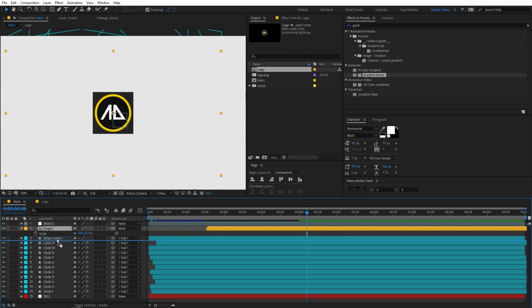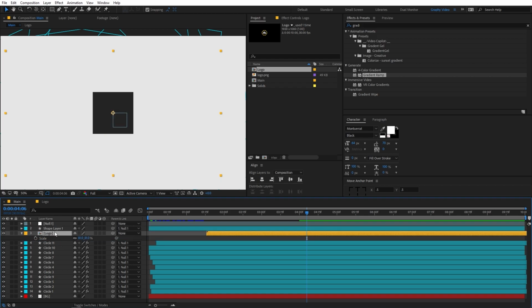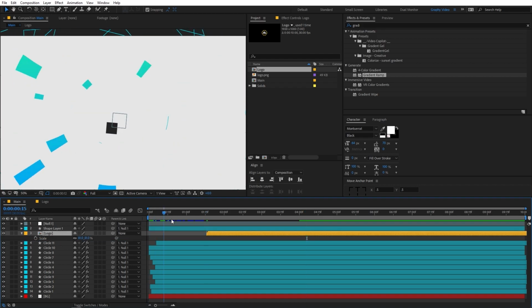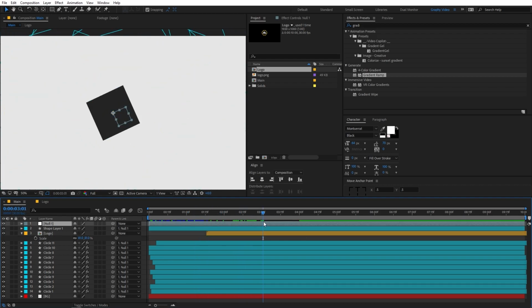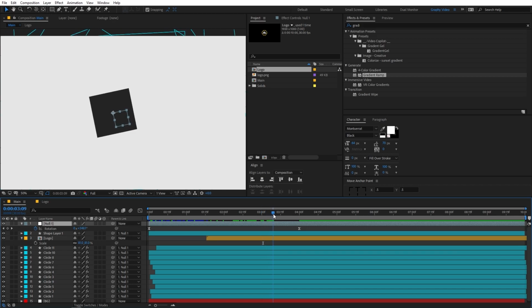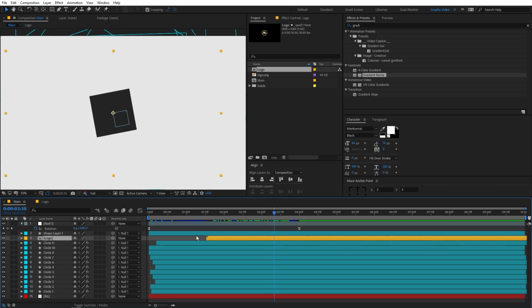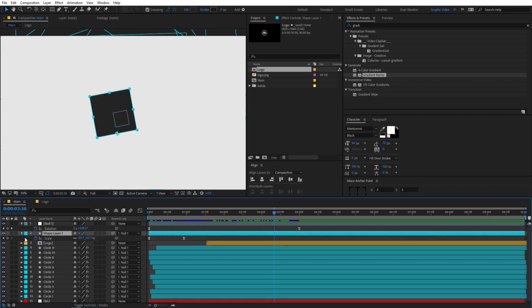Now we can place this logo layer below this shape layer so that it's not visible. And once the animation has stopped, so I can select this one, press U, so you can see that the animation is stopping. And at this point we are going to animate our shape layer. So select the layer, press S, let's add a keyframe, and again let's uncheck these properties and let's move it